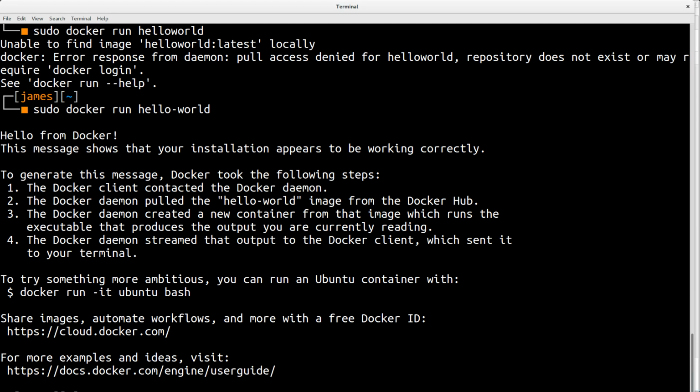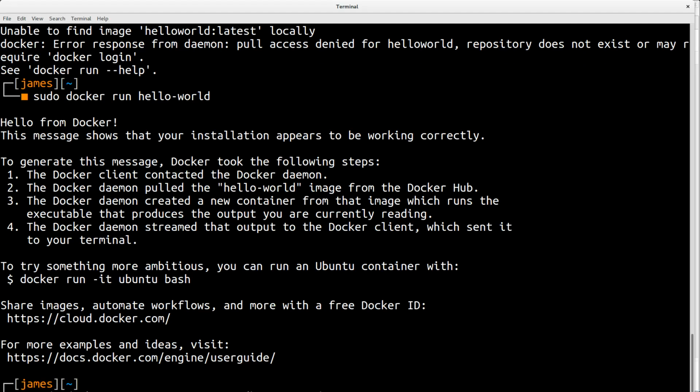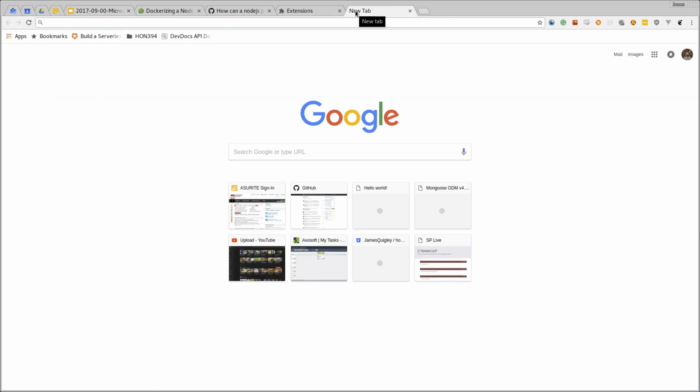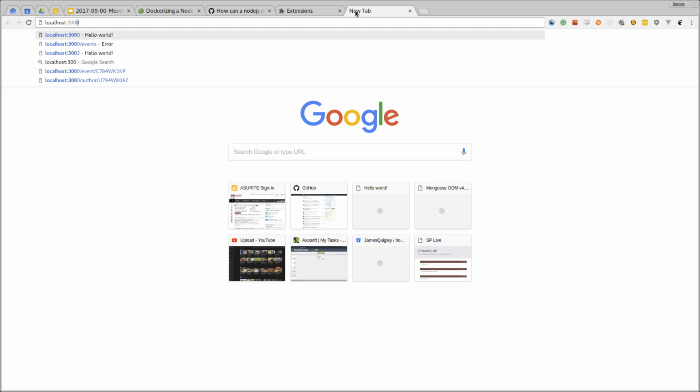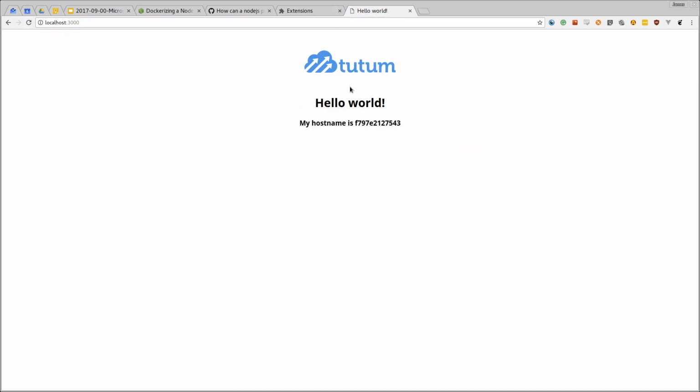So we're going to run this. -p is for port. We're going to bind a port on my machine to a port within the Docker application. I'm going to say port 3000 on my machine is going to map to port 80 inside this container. So if I hit localhost 3000, it's actually going to route that to port 80 inside this specific container. So that's running now. There's nothing happening, but it's running. So let's come here and go to localhost 3000. We get our hello world, and this is the ID of the container that is running,